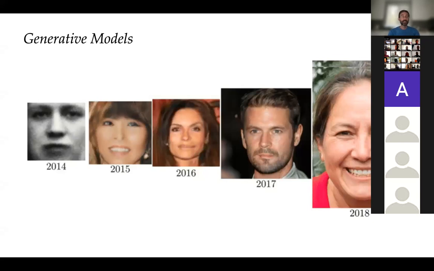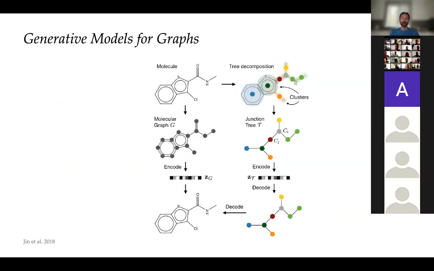So another interesting direction: generative models. You're probably all familiar with GANs, right? So here is a figure, I think from Goodfellow's talk on the progress in this field, showing how GANs became significantly better over just a few years in generating, for example, human faces. It is much more difficult to generate graphs.